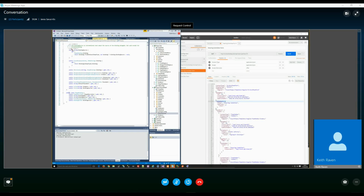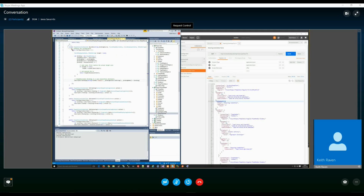I'll show you that in 1 second. So here in the shape descriptor class, we've got the shape binding class, and on that we've got that binding action that we saw before. As I say, binding action is probably not the greatest name, but it was just for proof of concept at this stage. And then if I go to the alteration builder,